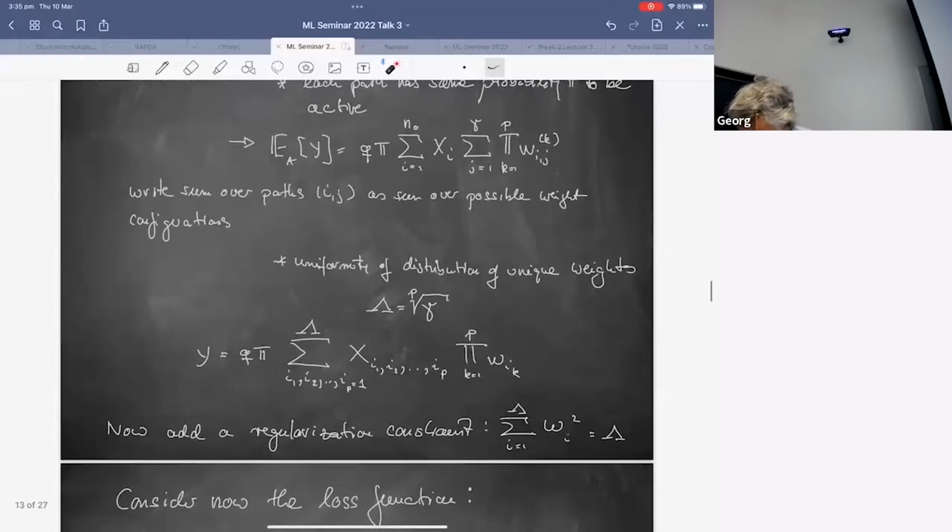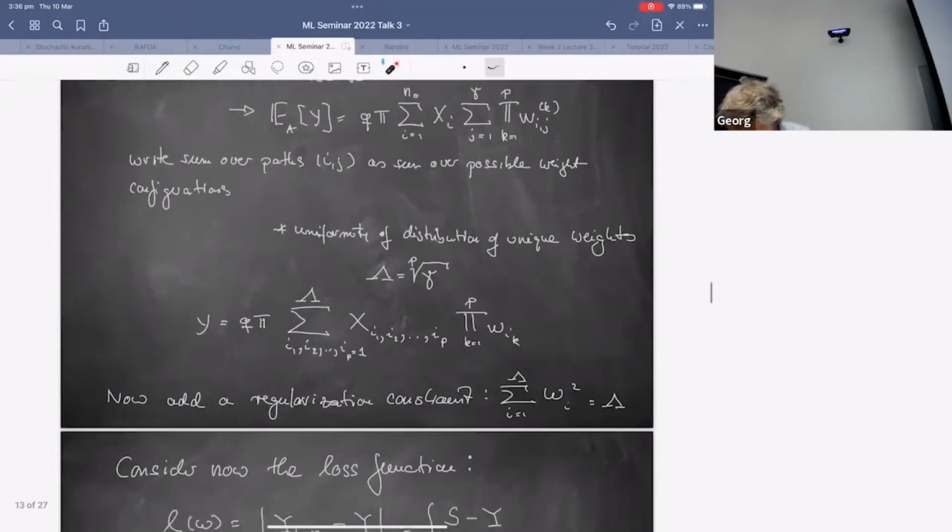Oh, you see, there were lots of assumptions. There was the assumption that the xi's are normally distributed. There was the assumption that each path was equally probable. And there was this uniformity assumption. And there are some other trickier bits that I kind of glanced over here. There are some other assumptions as well, about the uniqueness of the weights and things like that. Yeah. Did that answer? I can't see the chat. Yeah.